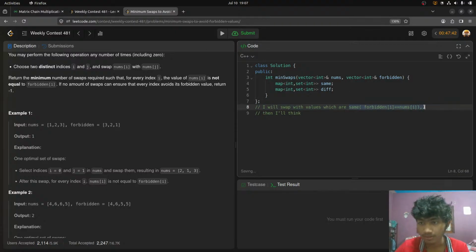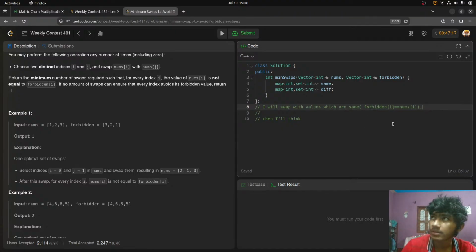So I'm only going to swap with these values. And now the thing is, how will I swap that? Is it going to be equal, or what is going to be the thing? So can I always swap it? I know I can always swap it, but